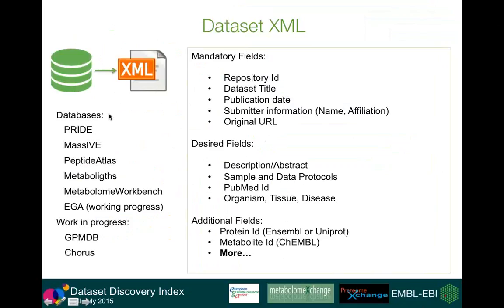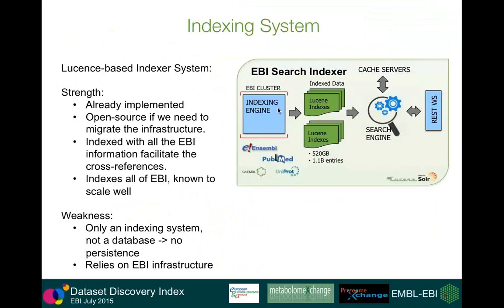So far we already have PRIDE, MassIVE, PeptideAtlas, MetaboLights, Metabolomics Workbench, EGA. I need to say something here. This is actually something that has been done by PubMed since the system was established. They are based on XML. Every journal gives an XML file to PubMed in an XML structure to retrieve the information and also to index this information. All of those XML go through the EBI Search architecture, and they are indexed using Lucene, and